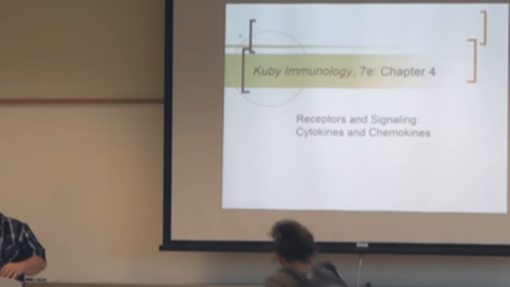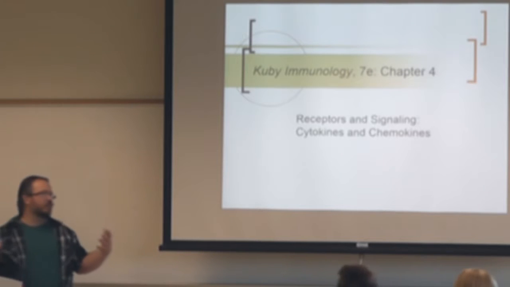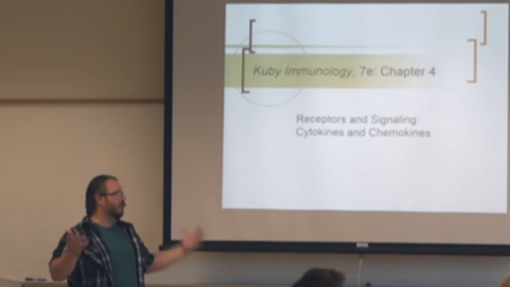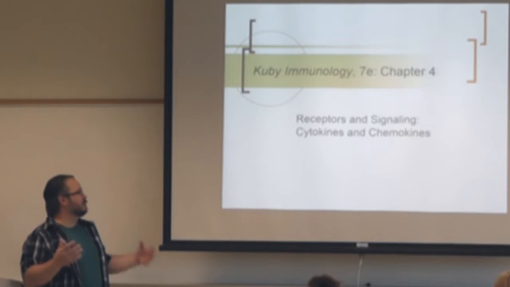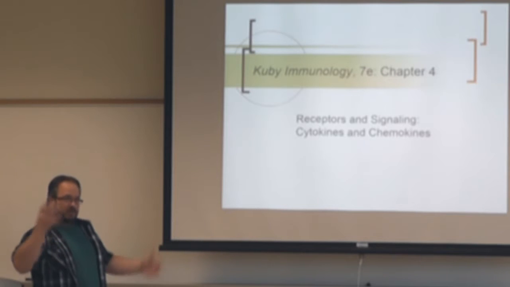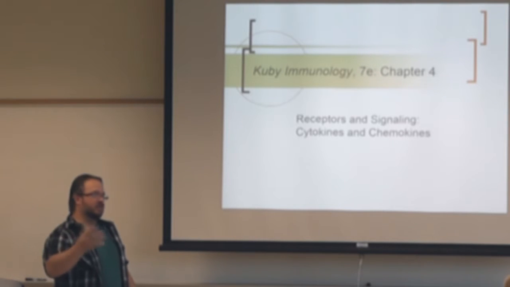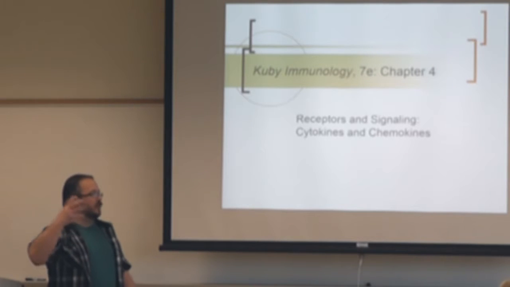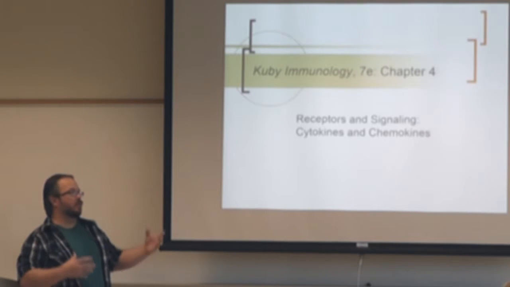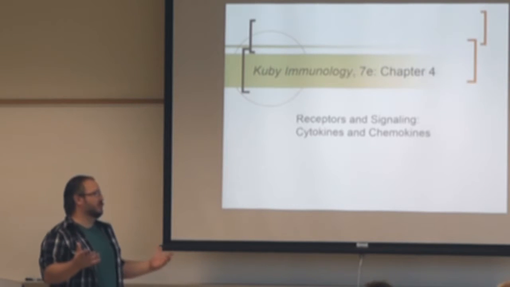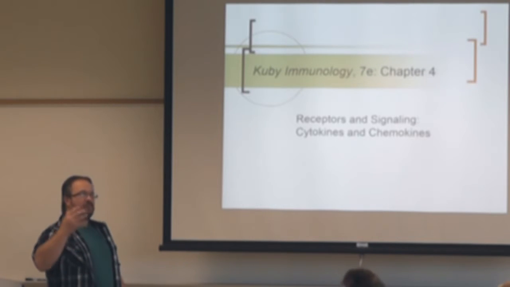But now we're going to cover another event that is important, and probably one of the most important things for the immune system: cytokines. Your B cells are going to see antigen, or your T cells are going to see antigen, but it's the cytokines that are going to tell them what to do about that signal. And so there's a second signal, almost always, that you receive from cytokines.